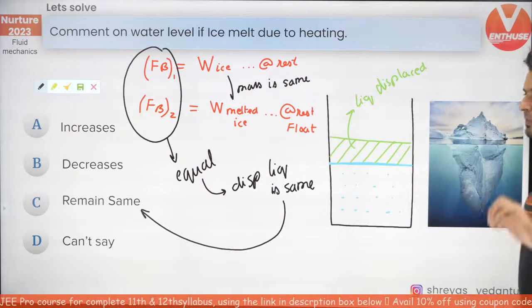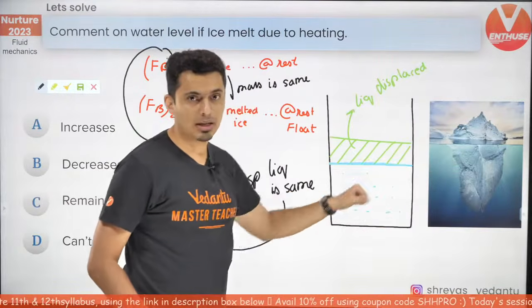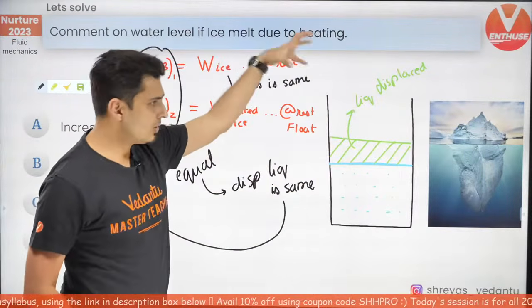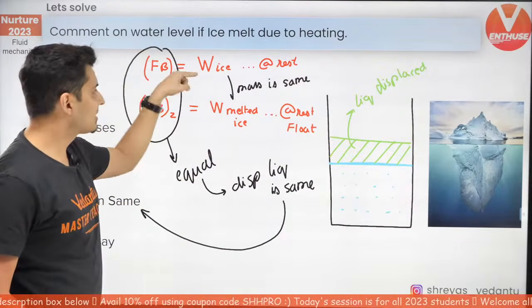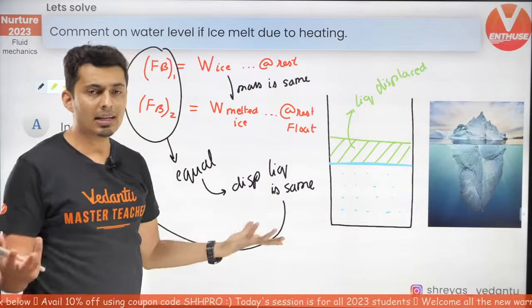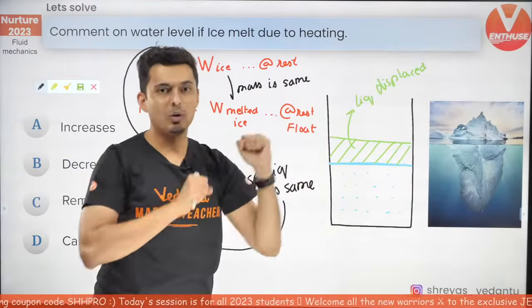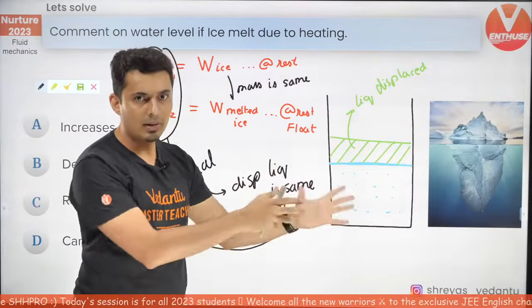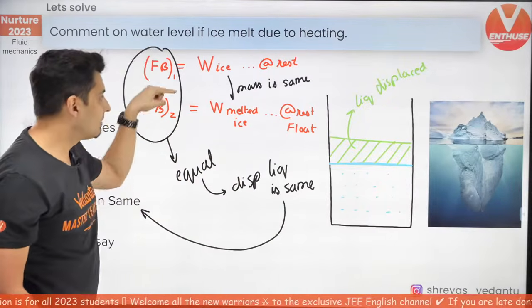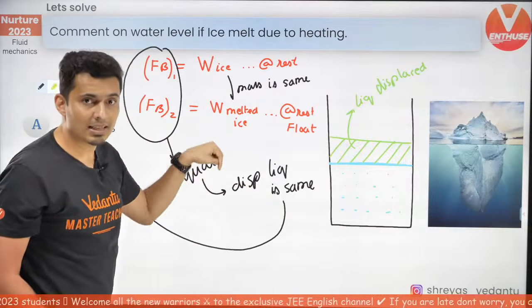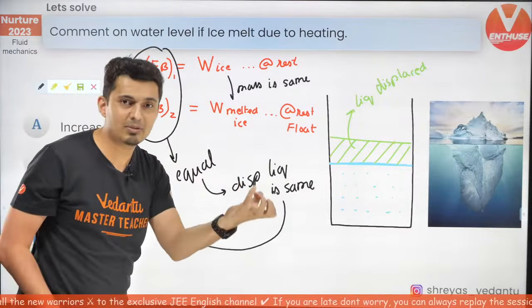Correct. I'll just repeat again. The first scenario was when the iceberg was just put in that water. Just imagine first the iceberg was not there, you just put it in the water, the liquid gets displaced. So the buoyant force will be equal to the weight of the ice. Second scenario, again you take out that iceberg, melt it, and that melted iceberg again you put it back, or let that iceberg melt wherever it is. Again that melted ice will float in it. So the new buoyant force will be equal to the weight of the new ice which has just melted. That's it. The mass won't change because it's the same ice which melts.